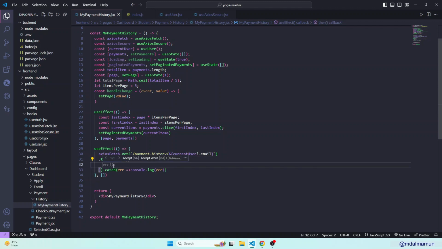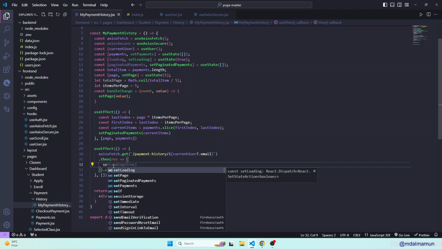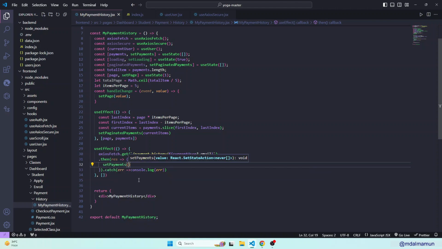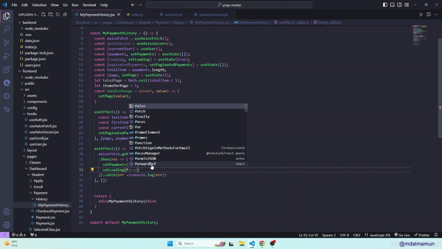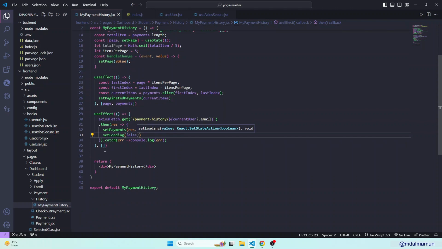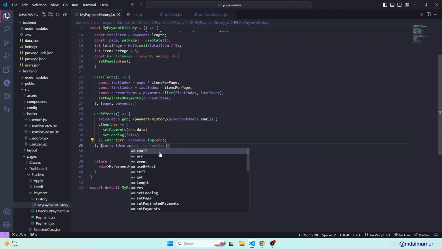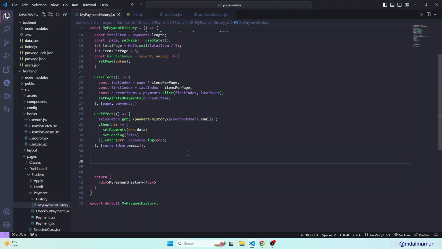So in this actually what we can do is define set payments, and we'll pass res.data. After that, we'll define set loading false. Okay, so that is the thing. Here we will define the dependency, that would be current email, current user dot email. Okay, and finally we will calculate the total amount, so here we need to define const total